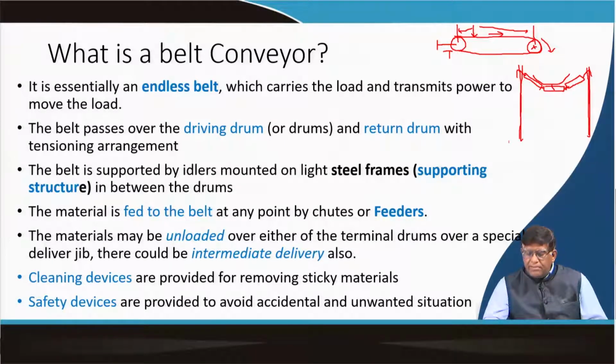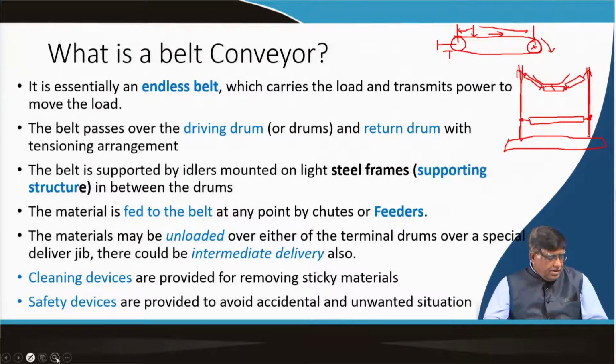We can keep these things over a skid, this type of thing we are supporting them, and then from here we will have other rollers which will be supported over here, and this is supported on this frame. Here it is locked, we can have a bracket over here, it is fixed over here. So, now this is the belt which you have.